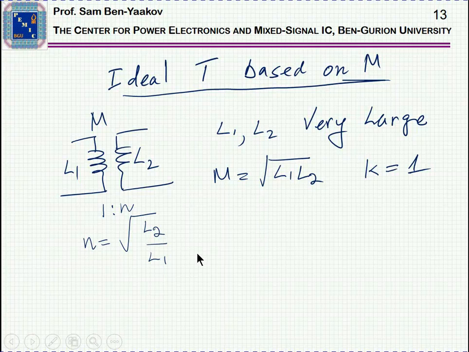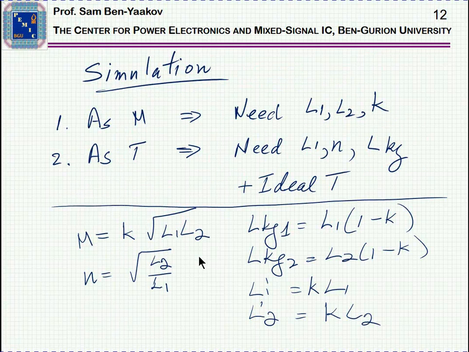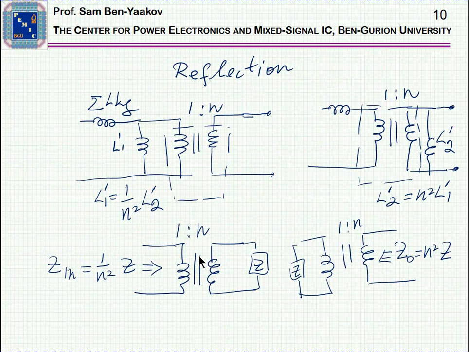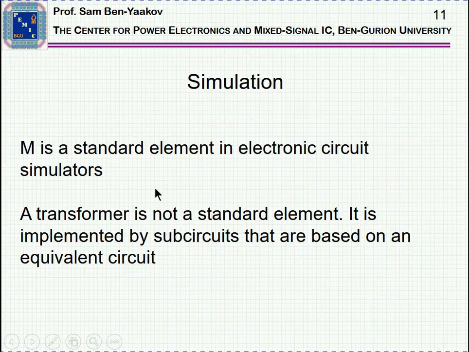So this will be the element of the ideal transformer, and when we implement it, we'll go back here, and we put it in here, and this will be just the complete model of the transformer